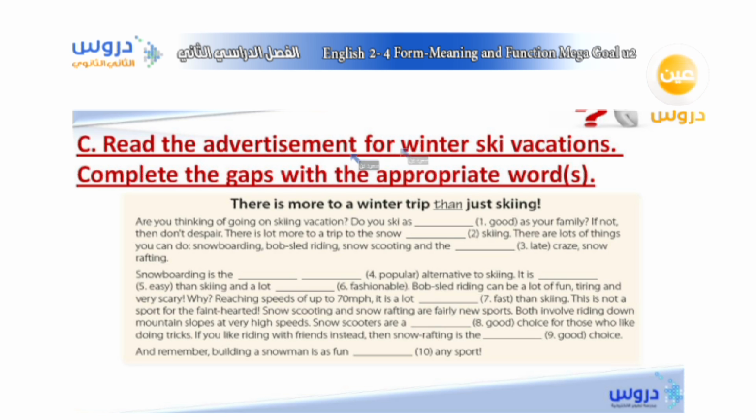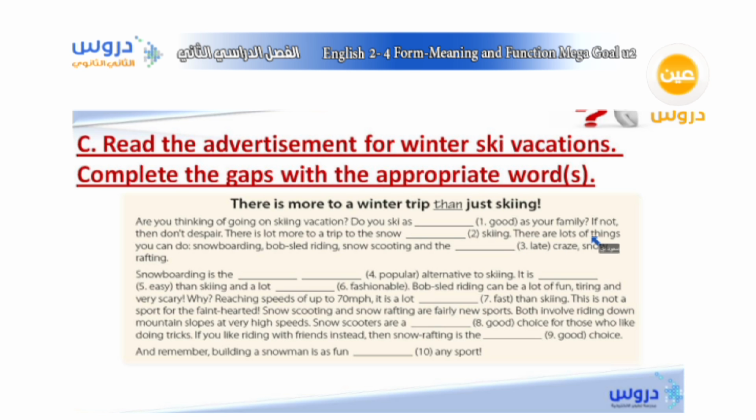Okay, read the advertisements for winter ski vacations. Complete the gaps with the appropriate word or words. He wants us to fill the gaps correctly. You can say, are you thinking of going on a skiing vacation? Do you ski as well as your family? If not, then don't despair. There is a lot more to a trip to the snow